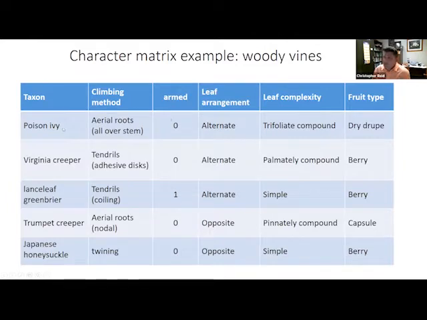Now, in the vine matrix, all of these characters, we can pretty confidently assign character states for each of the taxa. Now there are going to be some characters, some features, some traits that might be really species specific. They don't quite apply across the board. You can't really apply that to every species, but that's something to maybe just add a column and put in a notes field